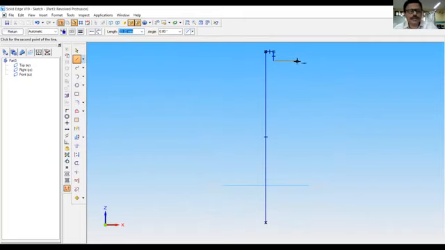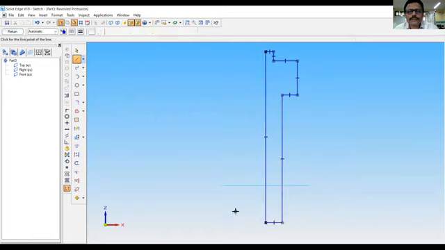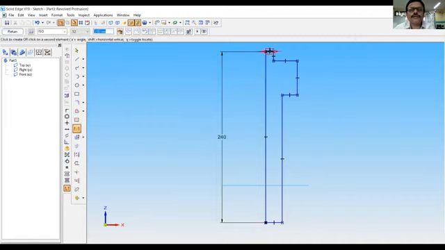Now let us not do the dimension for this part. We will do it later. Close this. Now we have to dimension this. Go to smart dimension, 240. This is 11. This, we don't know, so let us not do this.